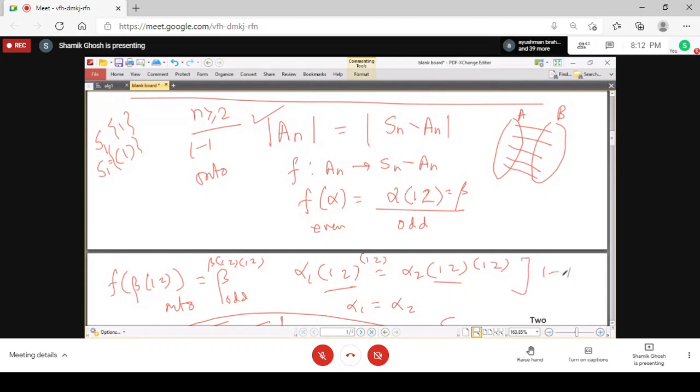This proves 1 to 1, this proves onto. And by construction, odd goes to even, even goes to odd. Because this is a product of even permutations, and I am adding another, so it becomes odd. This shows the mapping is 1 to 1, this shows the mapping is onto. There is nothing more in the proof. As your definition is everything, after you define it, it is easy.